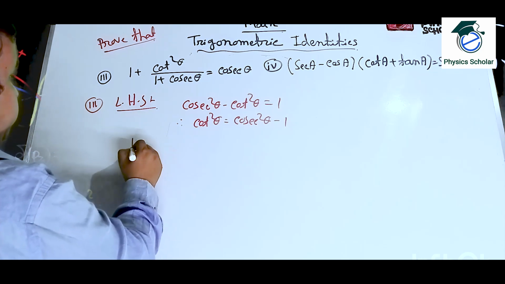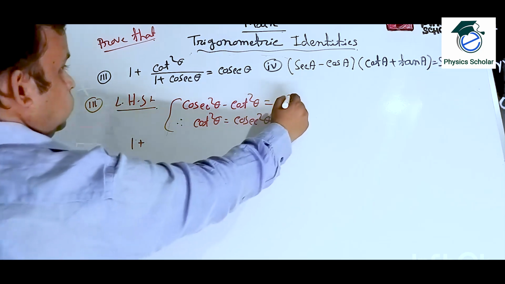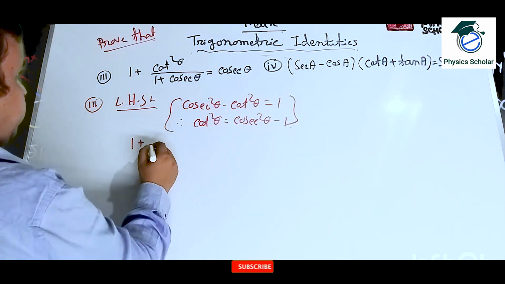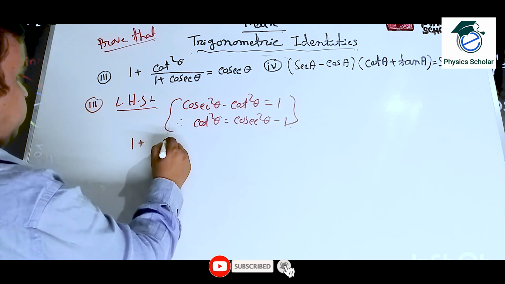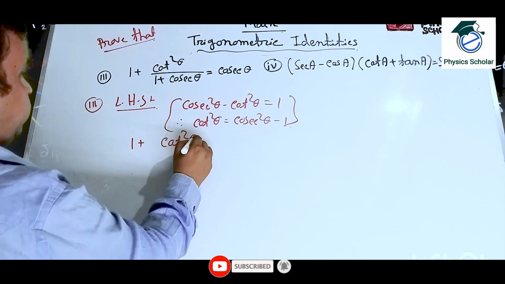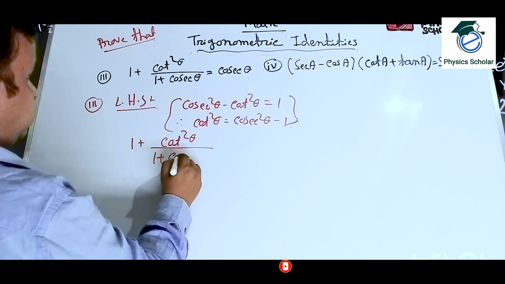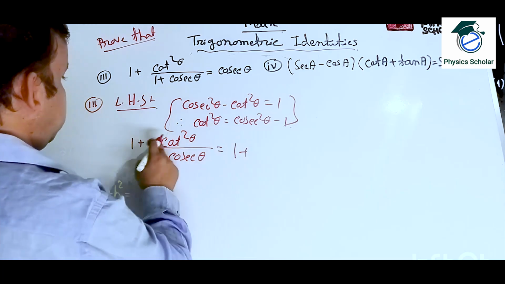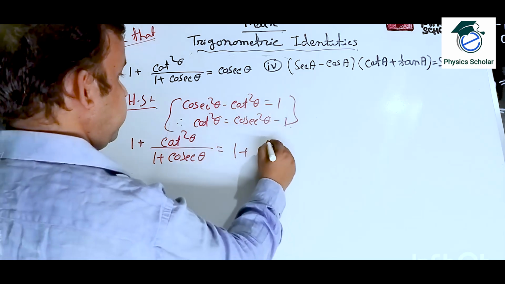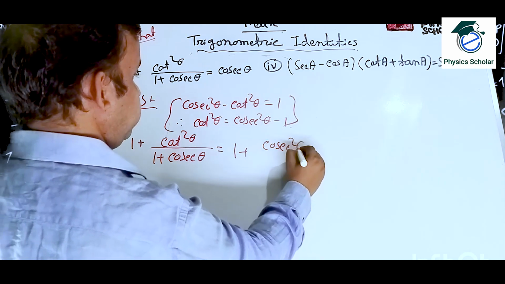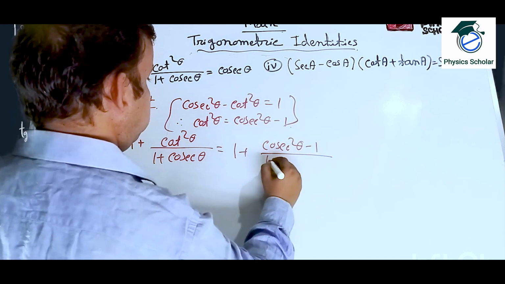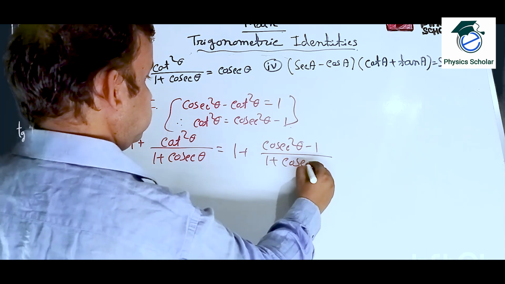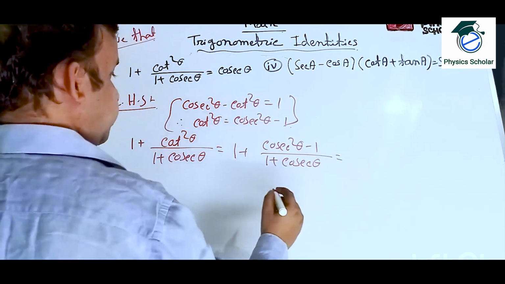Left hand side, what is given? 1 plus, that we know. For your understanding, I am writing this. Okay? So it is (1 plus cot square theta) divided by (1 plus cosec theta) is equal to 1 plus. Instead of cot square theta, what we can write? Cosec square theta minus 1 divided by 1 plus cosec theta